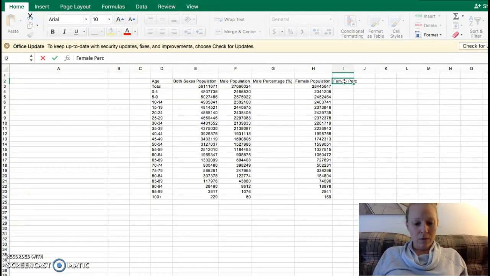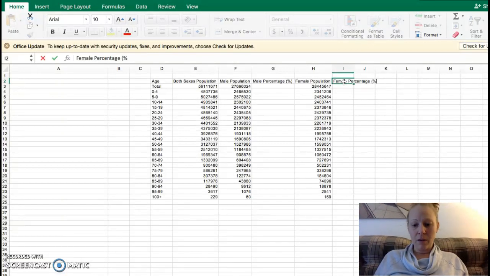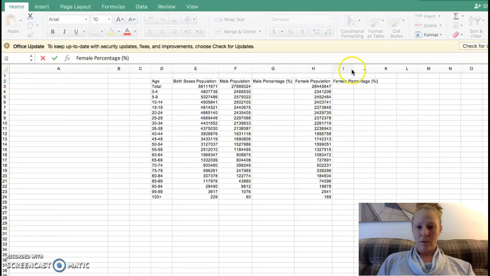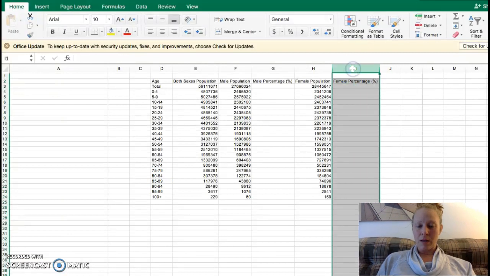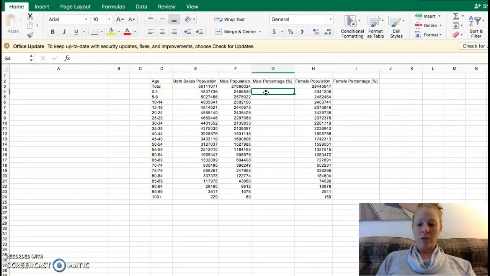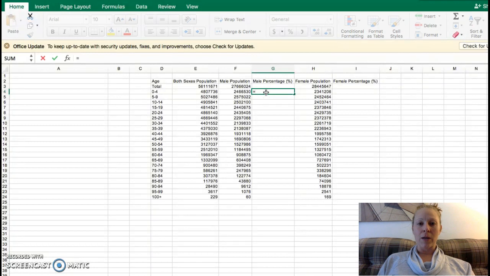Female percentage. Then let's expand this. And so now we're going to be putting the percentages in. So we're going to need to put an equation. I'm going to start that by putting an equal sign. Now a percent we know is a part of a whole. And so we're going to be looking at the number of males that are in the age 0 to 4